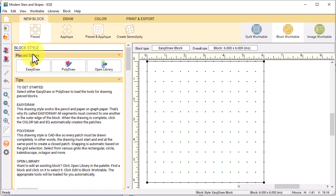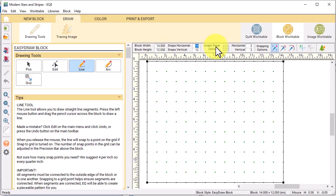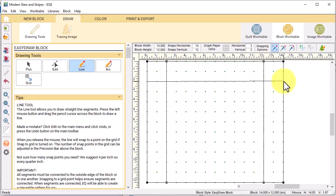Select a new block pieced Easy Draw block, and in the Precision toolbar, change the block width to 14 and the height to 12. To snap every inch, set the snaps horizontal at 14 and 12. And snapping options should just be snap to grid. With the line tool, draw vertical lines at 2 and 12 inches, and then draw horizontal lines at 2 and